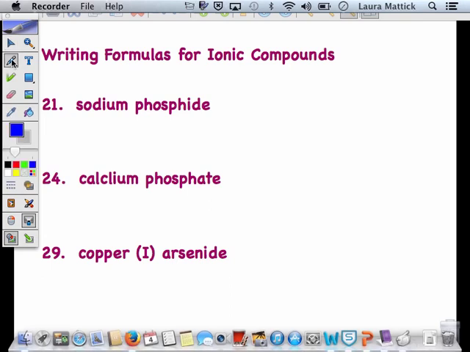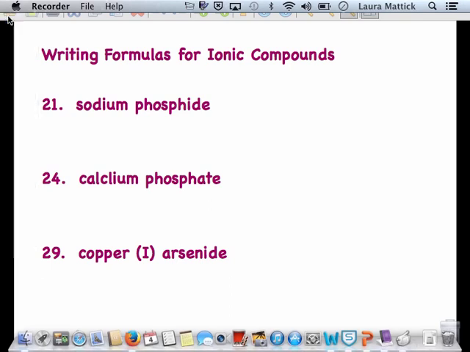So now we're going to talk about how to write formulas from names. Again, each different type of compound has a different way of doing this. I think ionic is a little bit more complicated than the rest, but we're going to start with ionic. The way you write formulas for ionic compounds is something called the crisscross method, because ionic formulas are